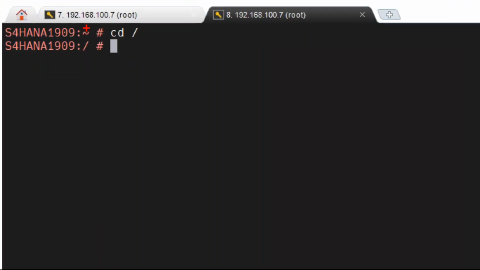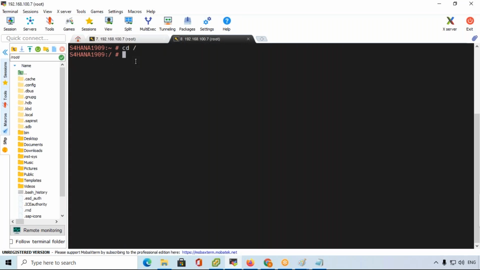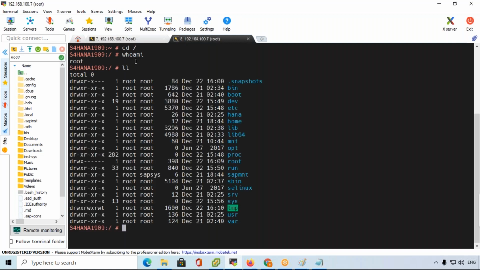Before change directory, the symbol looks like this. After change directory, that is root. Presently we are in root. Okay. So here, long list. If I want to check all the folders in the root directory, who am I? So I want to check all the folders, meaning directories, in the root long list. These are the folders in root.